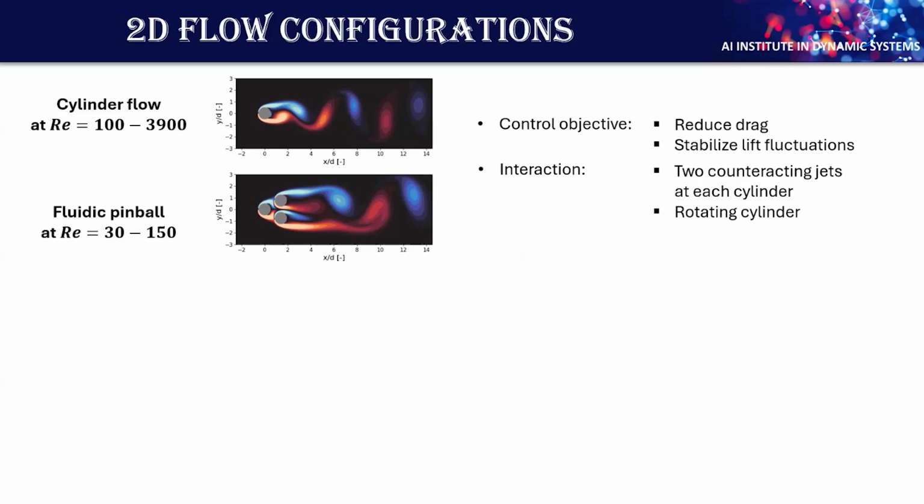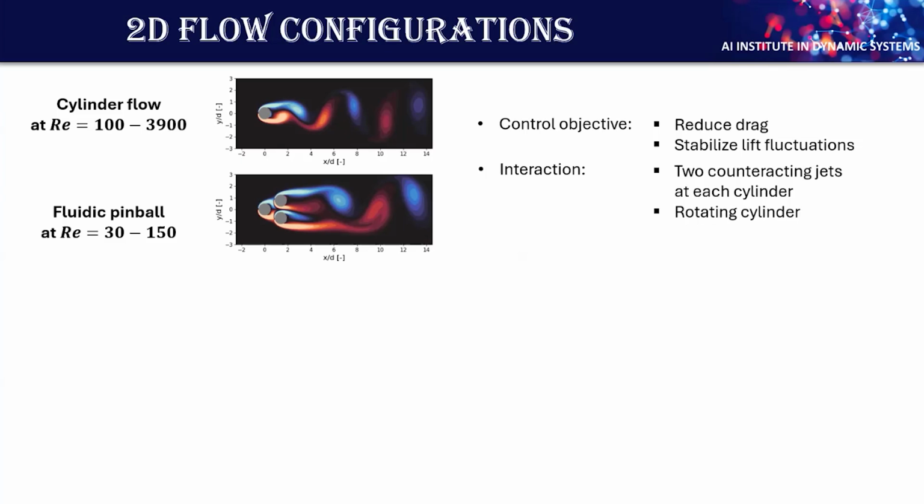To do that, we implemented 2 different actuation schemes. One is counteracting jets, the other is a rotating cylinder surface. We also implemented the fluidic pinball, which basically consists of 3 of those cylinders, stacked in a triangle, as you can see here. Here we also concentrate on the same control objective, so drag minimization and lift stabilization. We cover a Reynolds number range of 30 to 150, which basically covers the most important transient dynamics